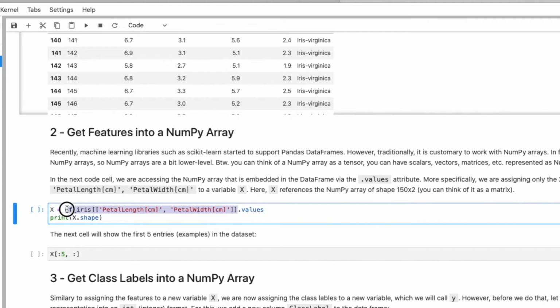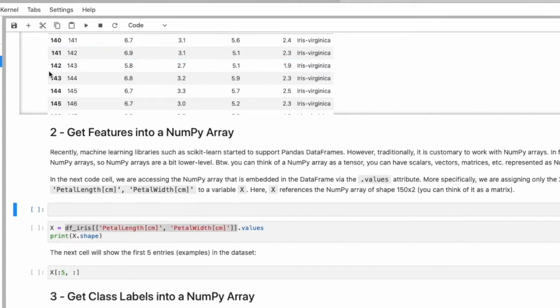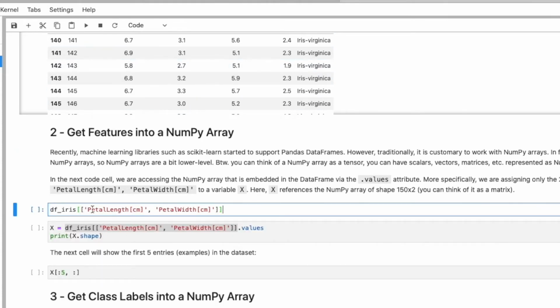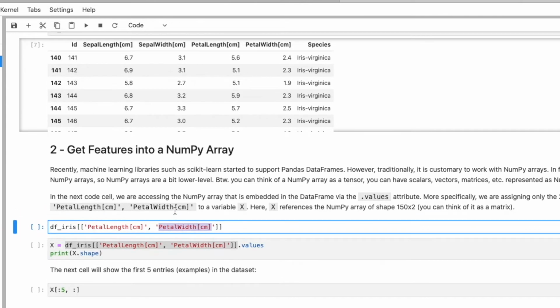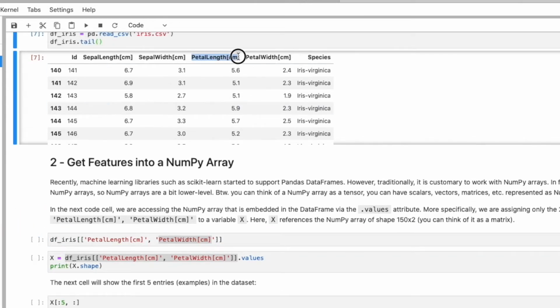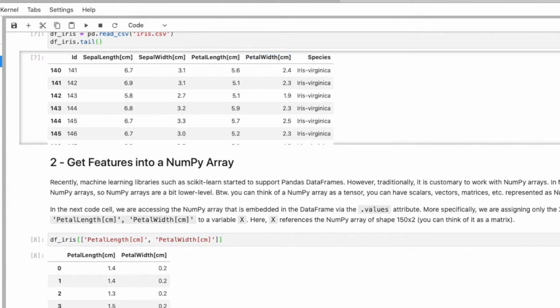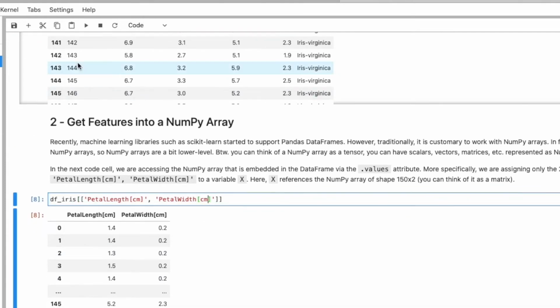If I use this command here, I will extract certain columns from the dataset. Here I will only extract the petal length column and the petal width column, which are this column and this column. I'm doing that first to demonstrate how you can extract columns, and second to make the dataset a little bit easier for our first machine learning example here. If I do that, I will only get these 2 columns here.